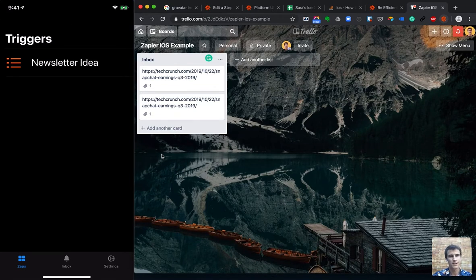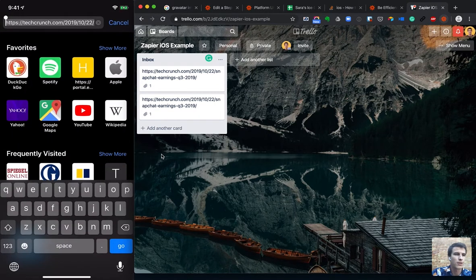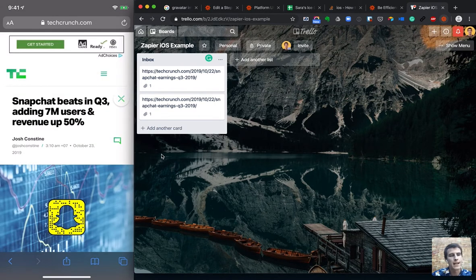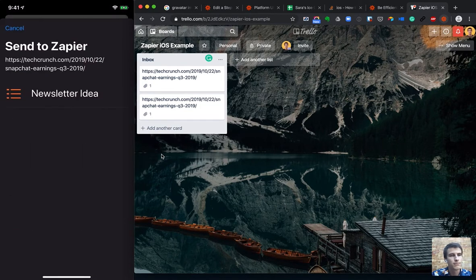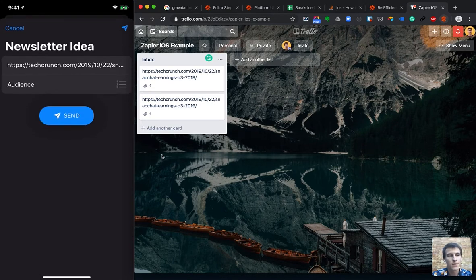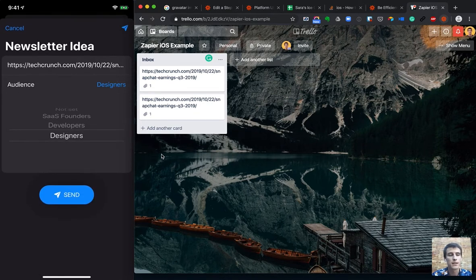What we added here now is because this can be a little bit tedious, especially if you're working with links, you really want to be able to share it directly from here. So we added the share extension for Zapier, which allows you to just share to Zapier, pick your Zap, and there can be multiple ones, it will automatically show you only the Zaps that accept the link type. So if you create a form that has no link, it will not show up here. We can test that later. And then it pre-fills the link here. You just pick the audience, send,